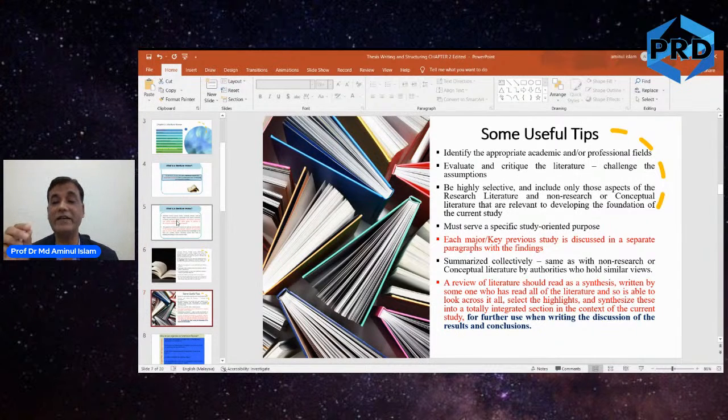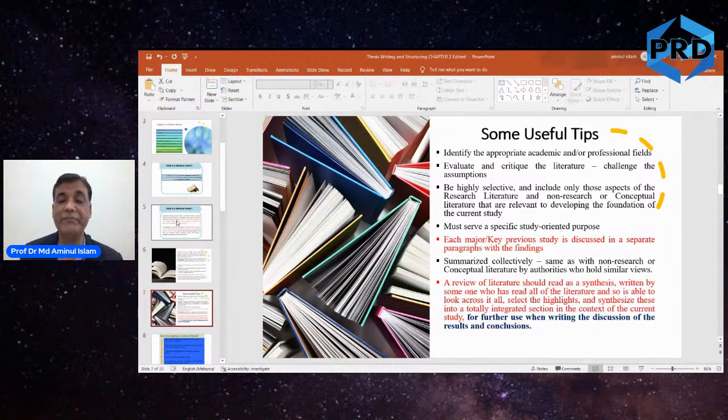You have to critique, you have to evaluate their research, and you have to critique the literature available, and you have to challenge certain debates and assumptions, meaning that you have to have your own words, your own assumptions, your own inferences on every research paper you cite. Okay, so what you can do, for example, you can cite 4 or 5 papers with similar findings, one after another. And after that, you have to have your own inferences there. All right.